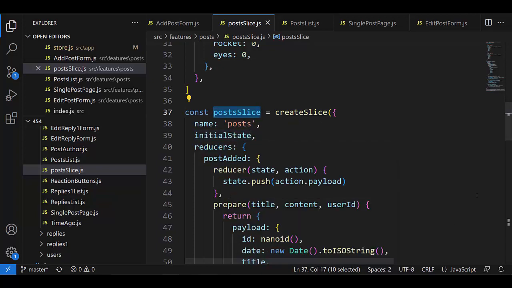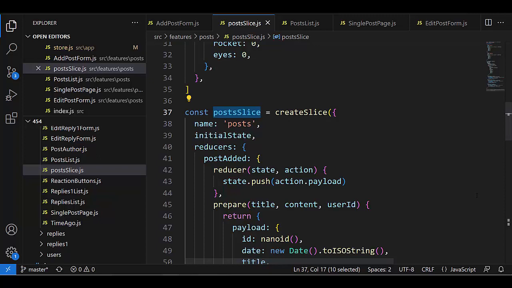Post slice is a place for all reducers about post, because we can also have comments, and it will be the plural comments slice. Posts plural, comments plural, because there are more reducers. Concretely, we need always